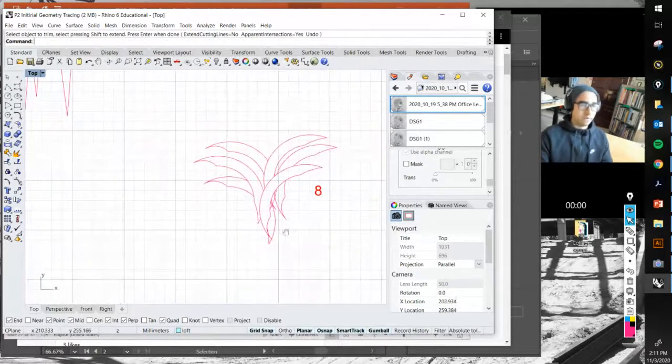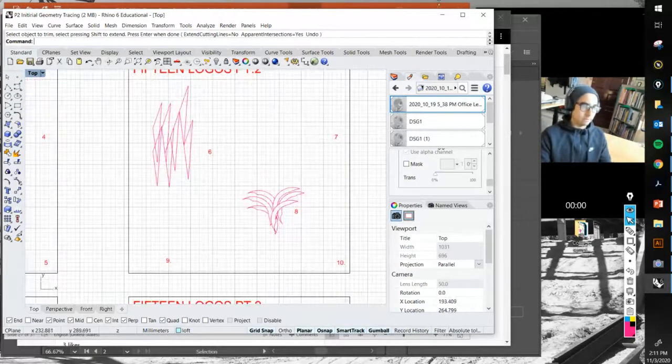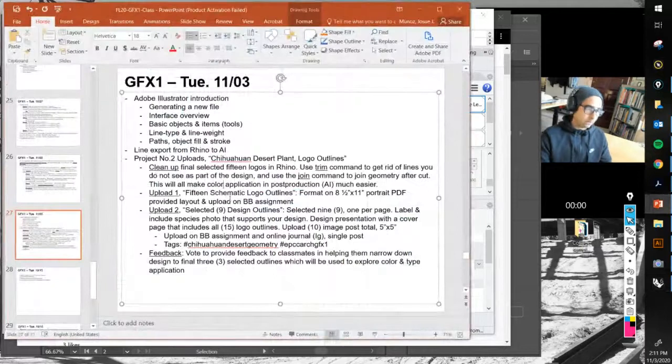Right, so you get it, right? So we clean it up a little bit like that. All right, so upload 1. That's going to be the 15 schematic logo outlines, formatted on 8.5 by 11 portrait, provided portrait PDF layout,